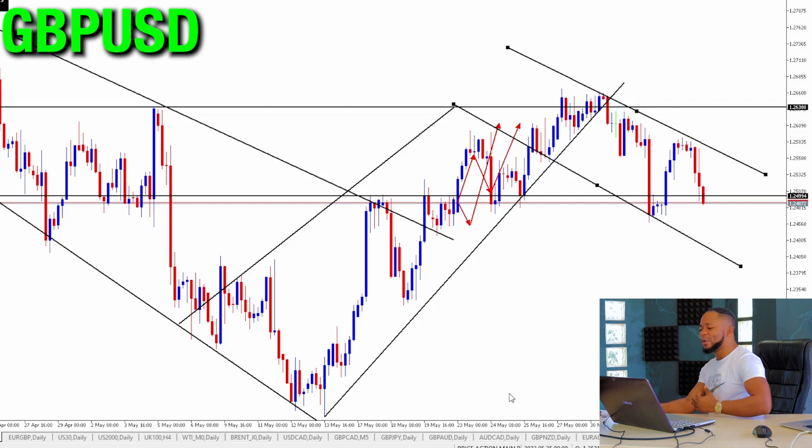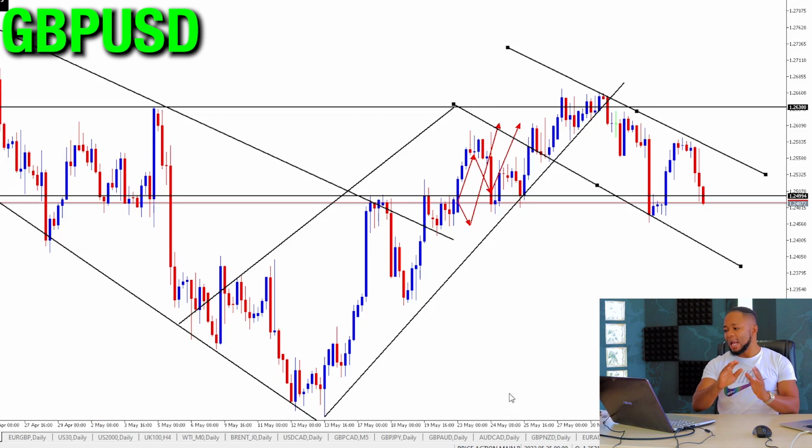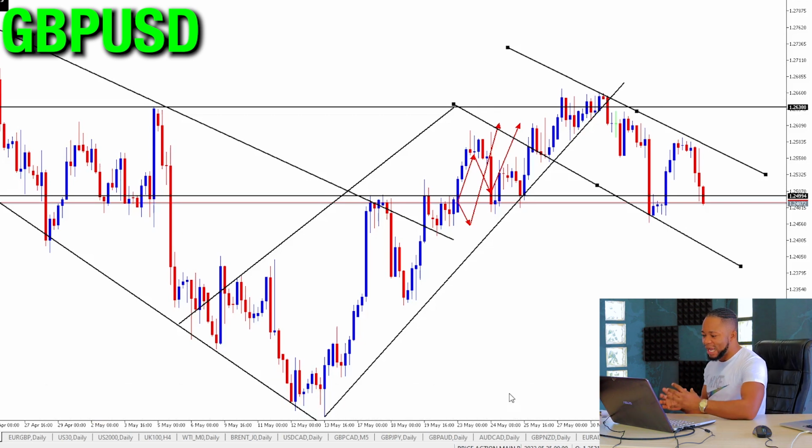Since I already know this is a downtrend, what is the first rule? The first rule is I only have to be looking for sell signals, sell trades. I already know very well that the market is in a downtrend, so I am only looking for what? Sell signals. So if we come into this currency, remember this is the 4-hour time frame,